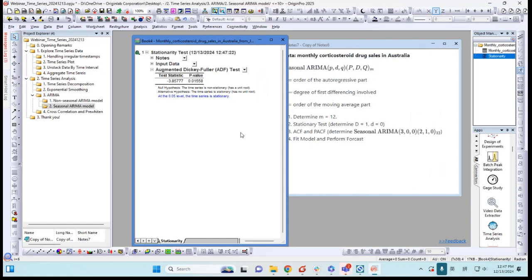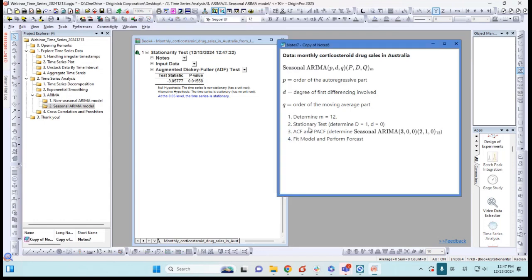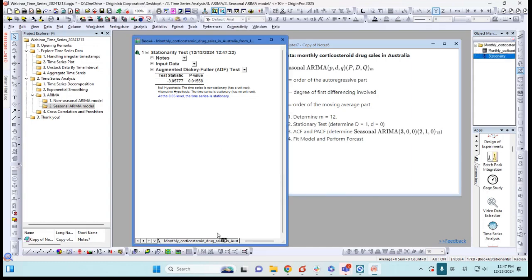Click OK. Okay, it says at the 0.05 level, the time series is stationary, which means we don't need to do the normal differencing. So after the seasonal differencing, the data is stationary already. So this way we can tell the capital D order is 1 and the small d order is 0. Okay. Then again, quickly,